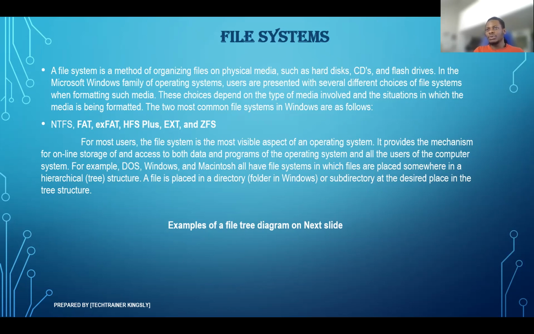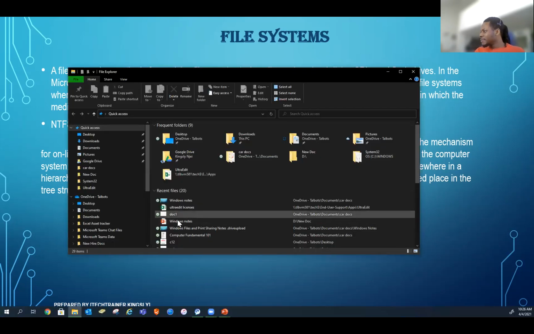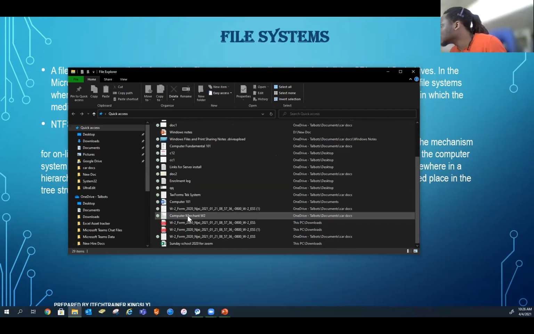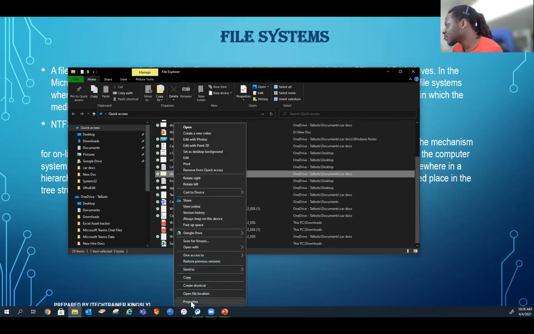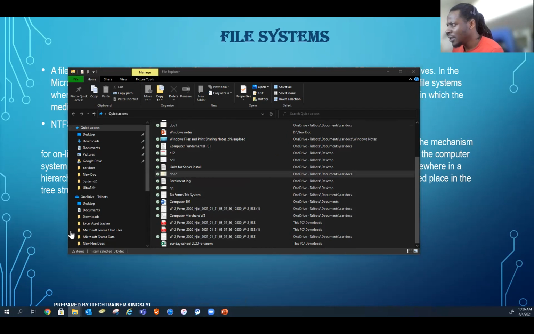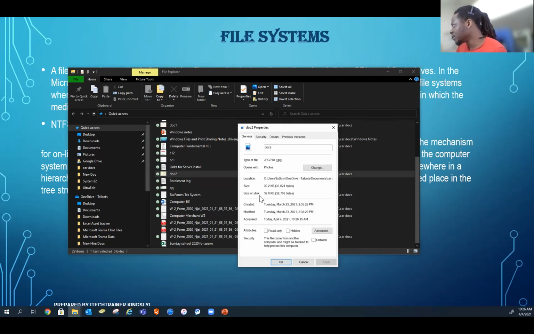Anybody know how to look for the extension of a file? Can you guys see this, right? Let's say I have this document in here. If I want to look at the extension, just right click on it and go to properties. One second, let me move it over because it's on the other screen. Right here, this is the properties of this file. You can see the file type. It will tell you the file type in here. If you want to see the file format,